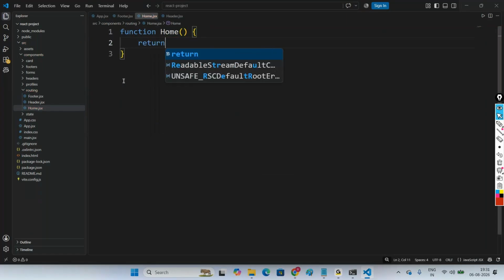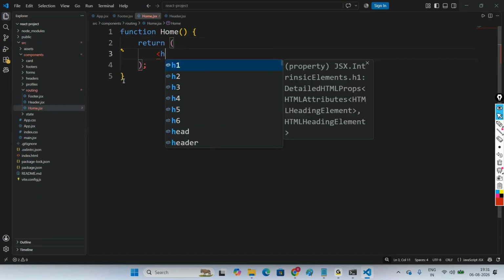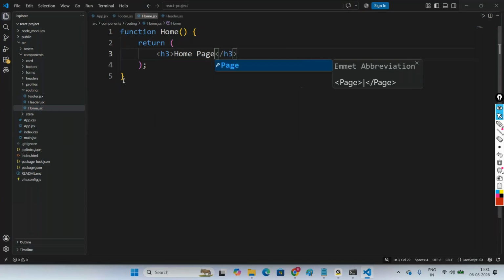Function home, where we will return the h3 home page. I'm returning here h3 home page. Now, once this is done,